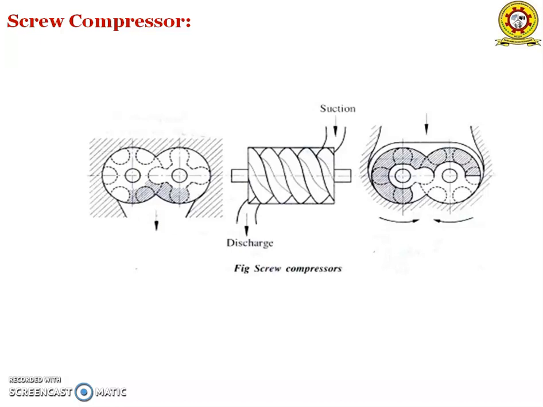Basic principle: air sucked in at one end gets trapped between the rotors. It gets pushed to the other side of the rotors. The air is pushed by the rotors that are rotating in opposite directions and the compression is done. When it gets trapped in the clearance between the two rotors, it is pushed towards the pressure side. Rotary screw compressors are of two types: oil injected and oil free.